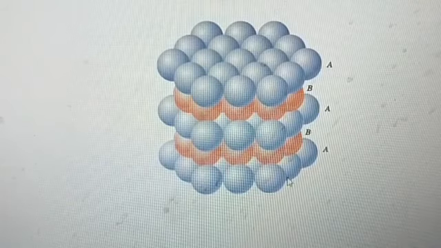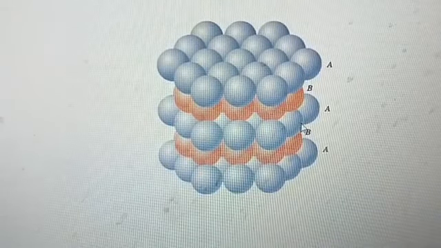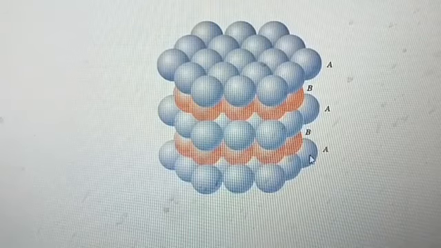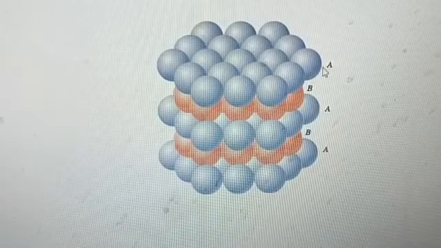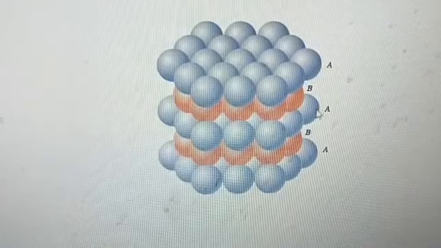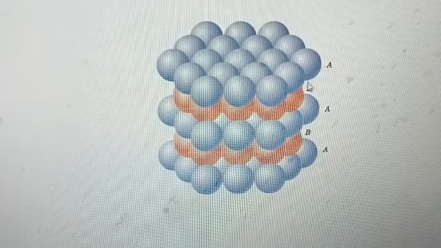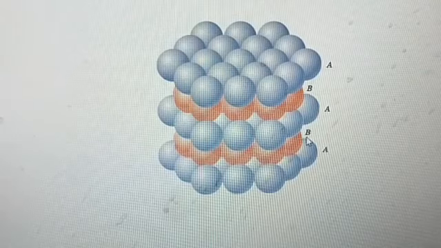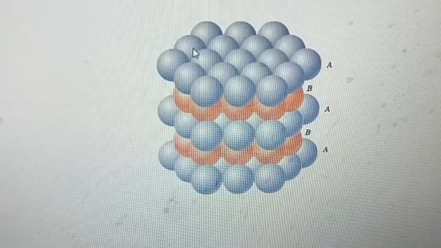First and third, in the same way third and fifth, then fifth and seventh. So the first layer will be exactly the same as the third layer, the third layer exactly the same as the fifth layer, the fifth layer exactly the same as the seventh layer, like that. So this type of arrangement is called ABAB. Why do we call it ABAB? Because the first and third layers have the same alignment of atoms, and the second and fourth layers have the same alignment of atoms. So we call this pattern the ABAB pattern. And this structure is also called the hexagonal close packed structure.